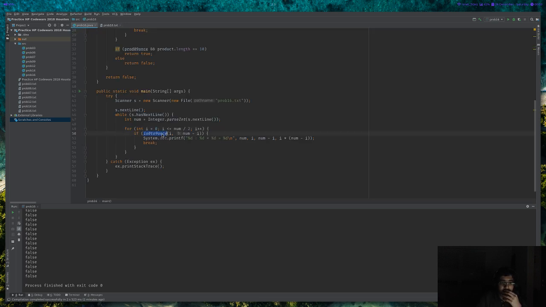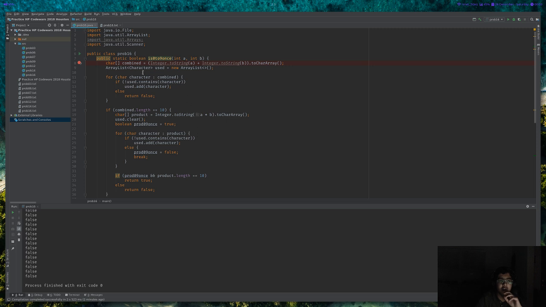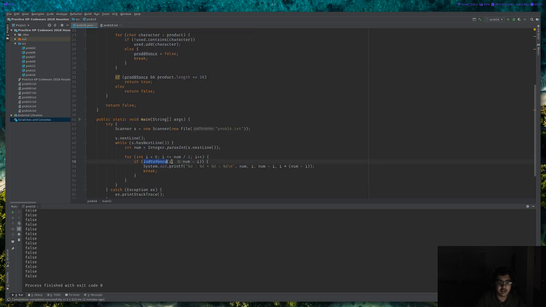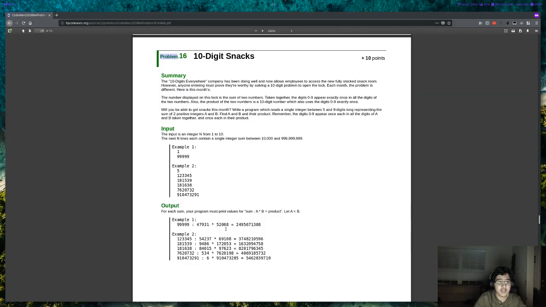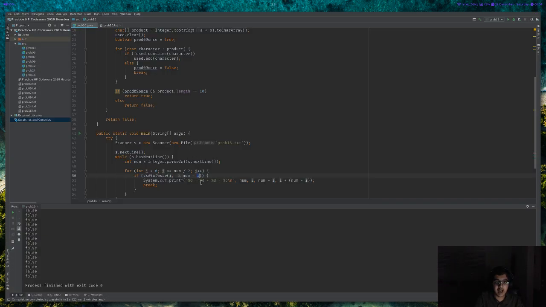Now, if 0 to 9 once, which I'll explain what this does in a second, then we have found the answer. So 0 to 9 once basically checks, it takes in 2 numbers, which are I and num minus I, and all that means is I is the A value we are considering. That loop chooses a bunch of A values, and we try each one. And then num minus I is